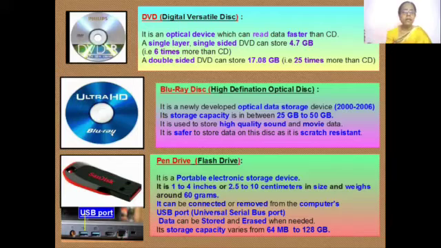After that, the Blu-ray was introduced. Blu-ray is for high definition TV. It stores very high quality picture as well as sound. So most of the movies that you see in the theater with so much noise and sound, that's because they are being made on a Blu-ray. Even at home, you can have a Blu-ray. You can see the movies on a Blu-ray. It's like being in a home theater. It's called a home theater basically.